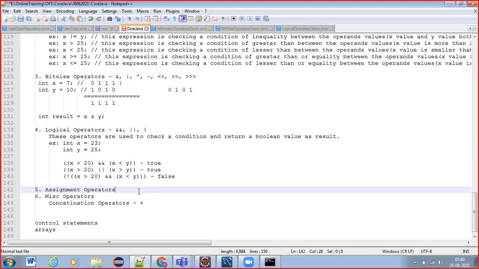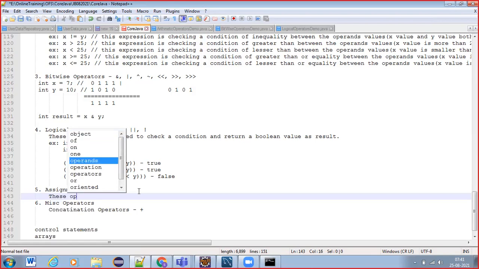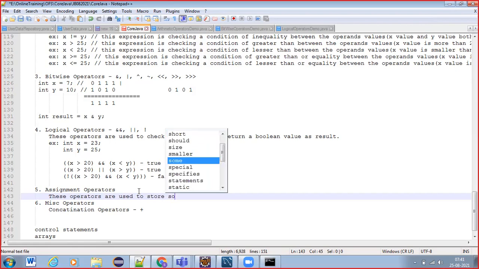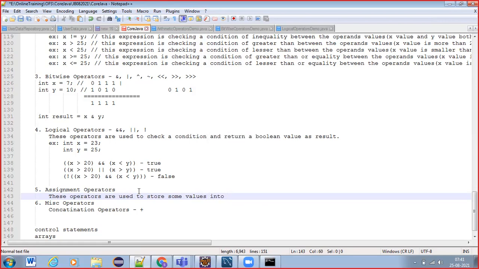Next, assignment operators. So assignment operators are used to store some value or values into left side operands.